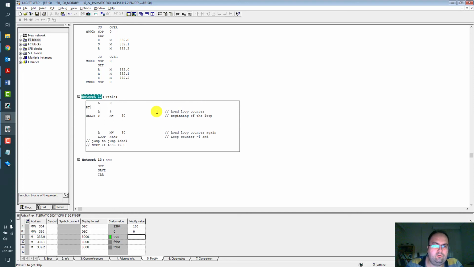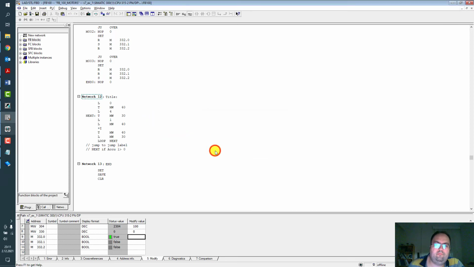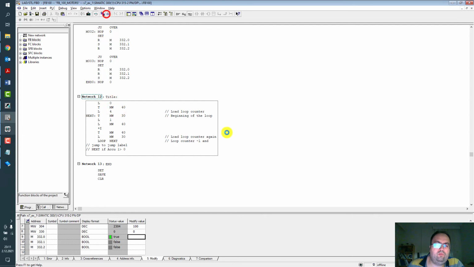Let's load 0, transfer to memory word 40, and load 1, load memory word 40, and add, and transfer to memory word 40. Okay. Download and monitor.